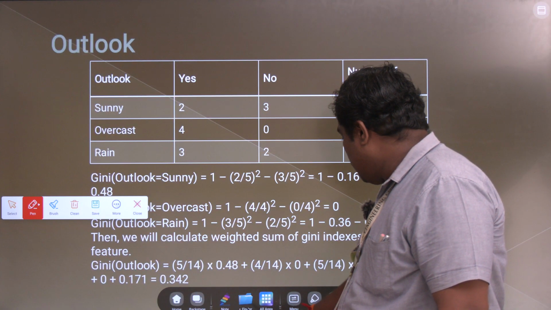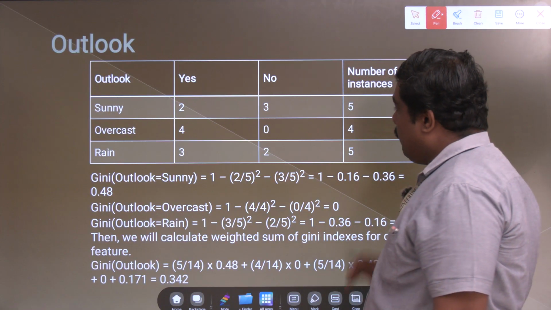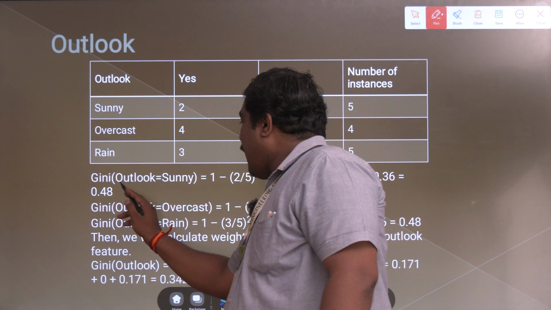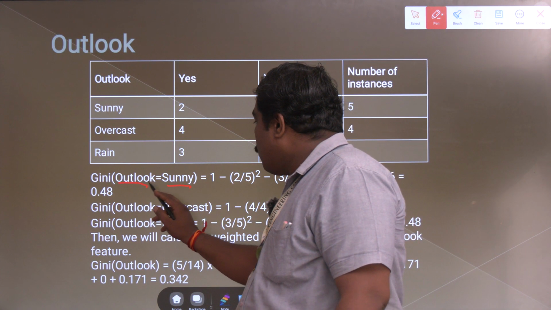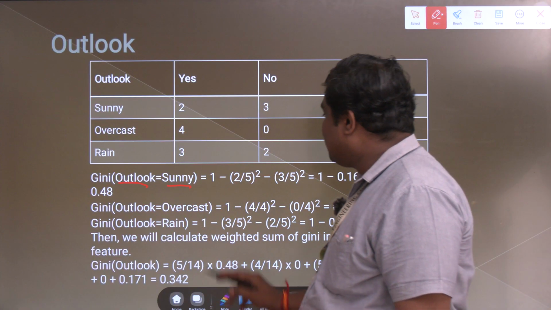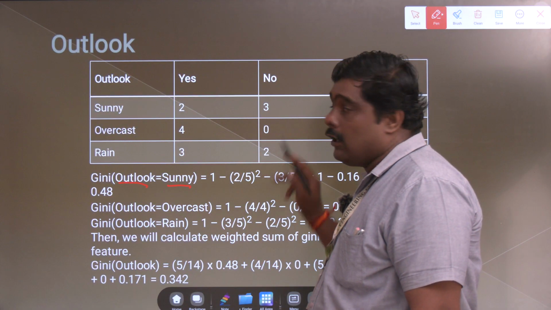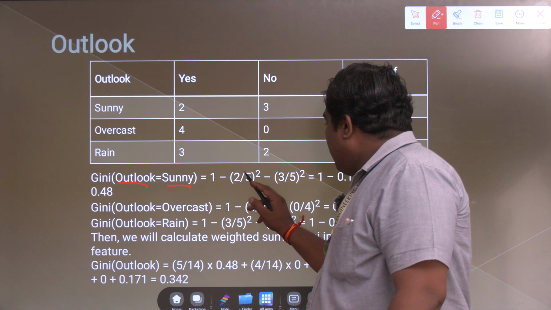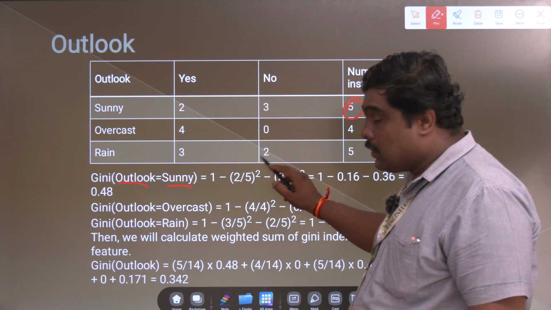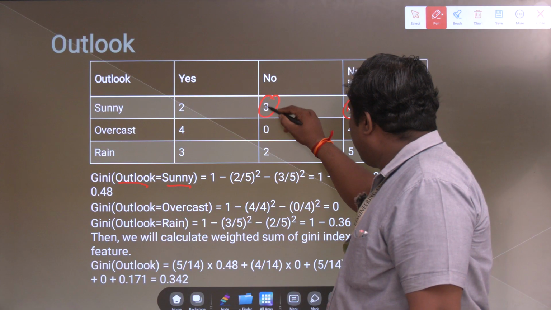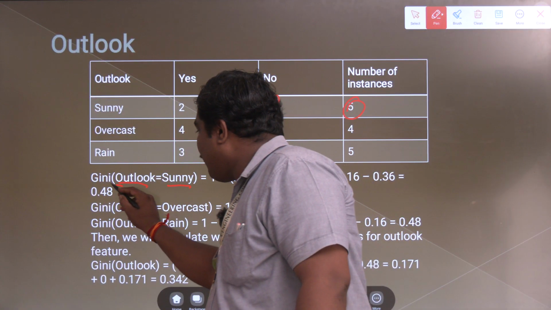Then by using this one, we have to calculate the attribute. For example, Gini of outlook equal to sunny means 1 minus summation, where we have to add two things. Here yes and no are the options. 1 minus (2 divided by total number of instances) whole square minus (no divided by total number of instances) whole square. We have to calculate the value, and we will get the value of